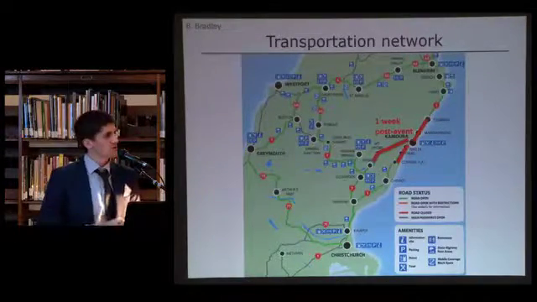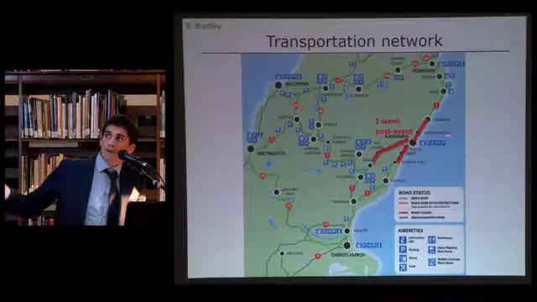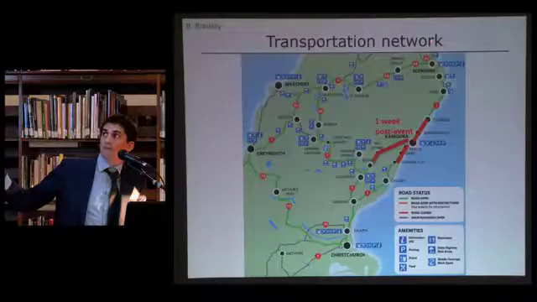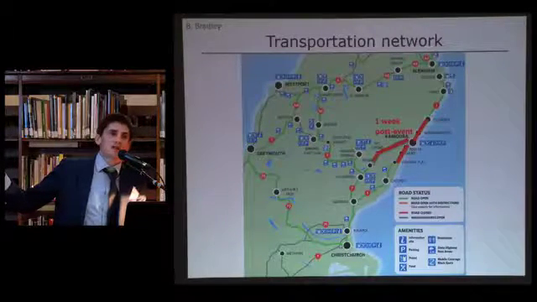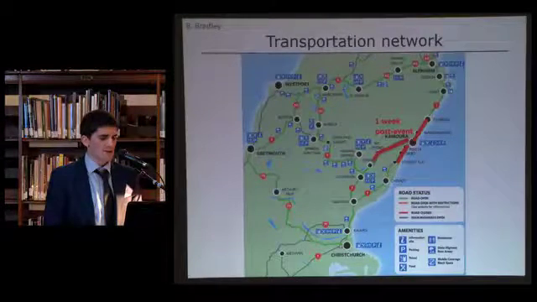Christchurch, as I alluded to, is the largest city in the South Island, and so most of the freight transport travels up State Highway 1, gets on a ferry at the top of the South Island and then across to the North Island to Wellington, and then eventually up to the largest city, Auckland.